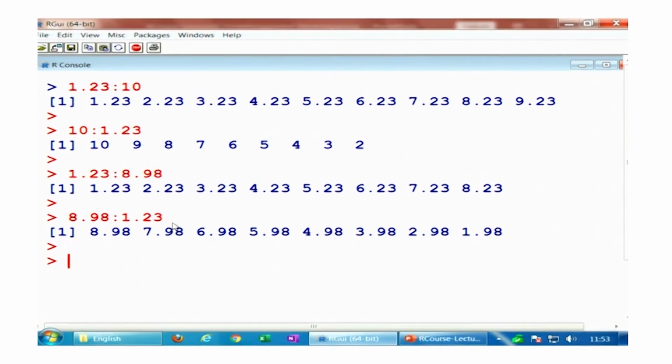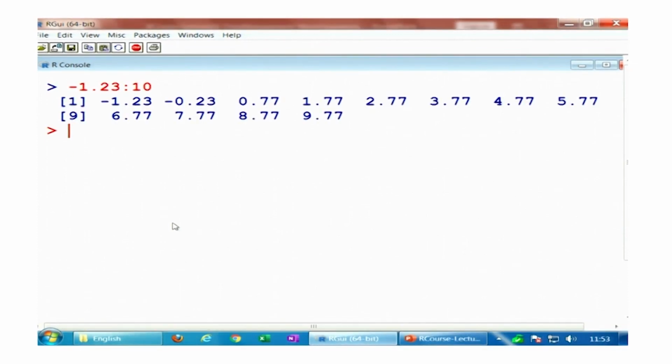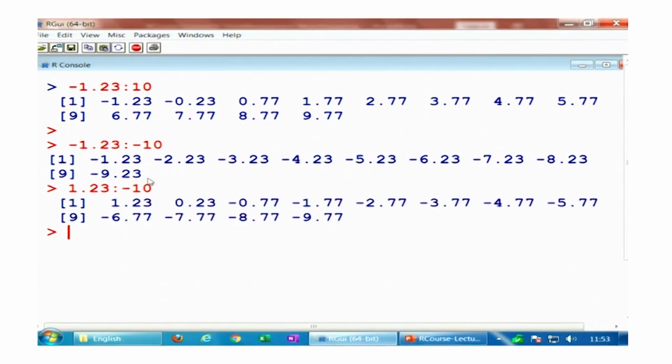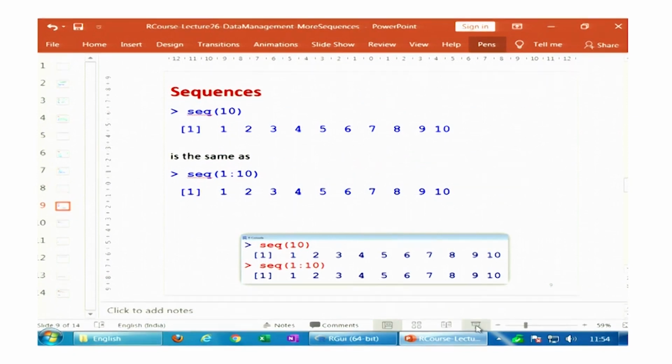Now if you take some negative values also, minus 1.23 up to 10, you can see it is like this. And if you take both values to be negative, even then it is beginning at minus 1.23 and ending at minus 9.23. And even if you take the first value to be positive and the second value to be negative, 1.23 to minus 10, you can see this is working, because it automatically detects whether the sequence has to increase or decrease. So I have taken similar types of examples, and so now you are going to be